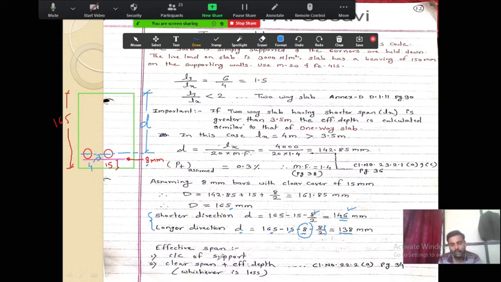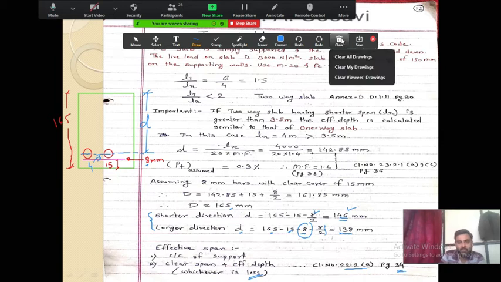So to calculate the effective span we need to use the IS code page number 34 clause number 22.2a. So it says that effective span is equal to center to center of support. This is the first condition, or second is clear span plus effective depth. So it is a clear span plus effective depth, whichever is less. They told you whichever is less, that we should take. So now we will see